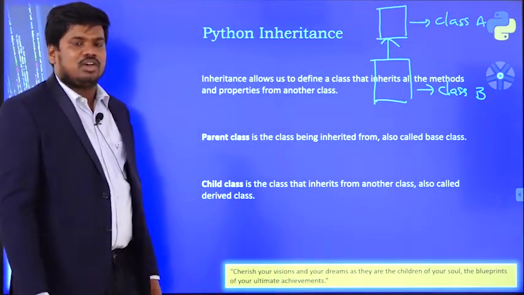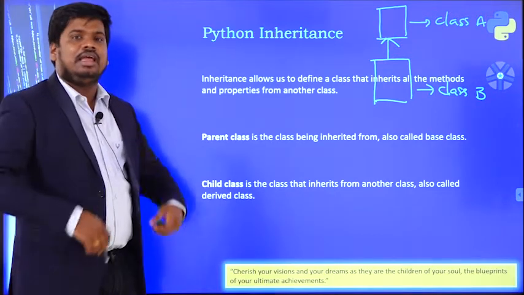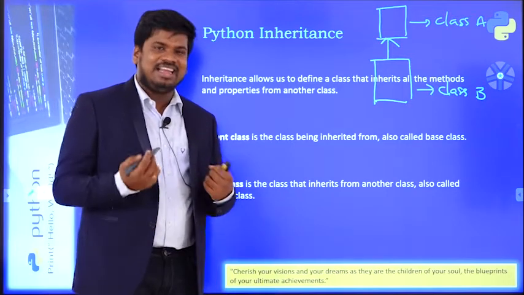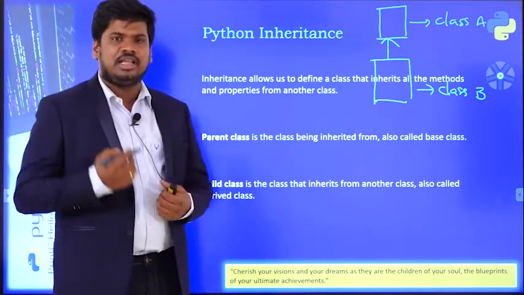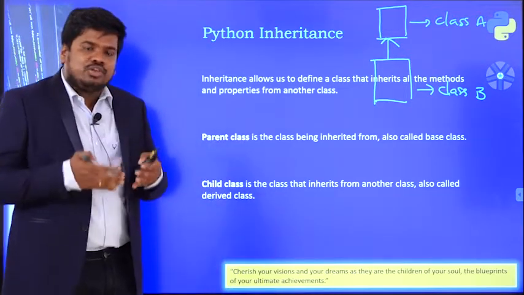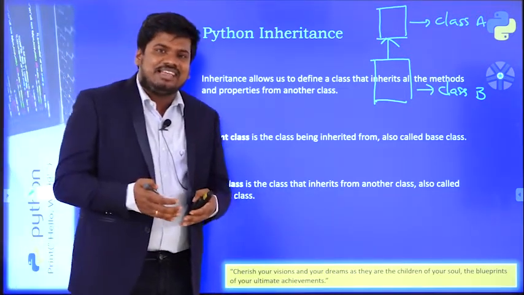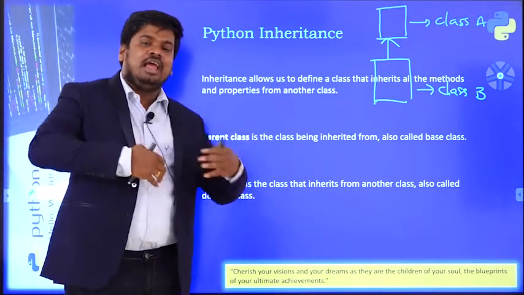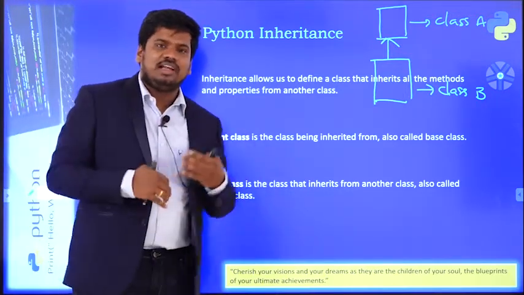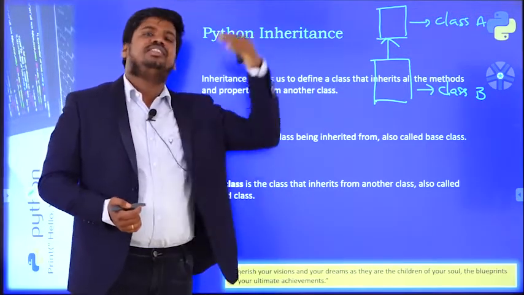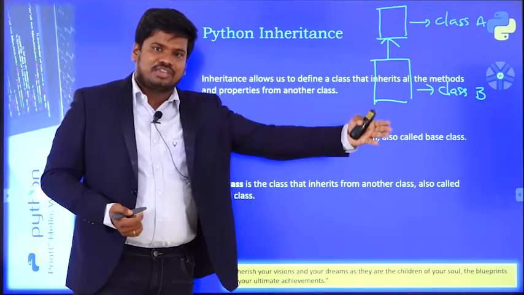So the ultimate concept here I have to use is inheritance. What is the purpose of going with inheritance, sir? If you ask me this question, the answer is simple. For example, if I want to reuse all the instructions which are there inside another class in my class, instead of writing 1 lakh lines of code, I will simply inherit all the 1 lakh lines of code which are there in another class.